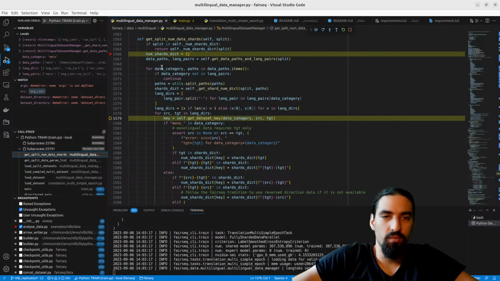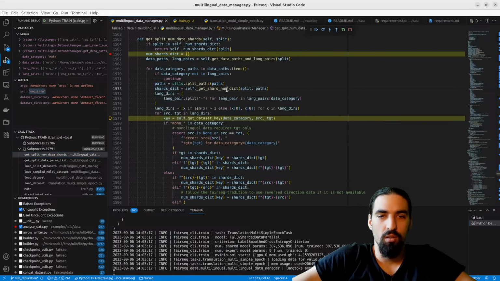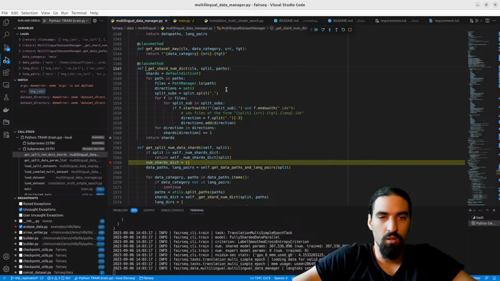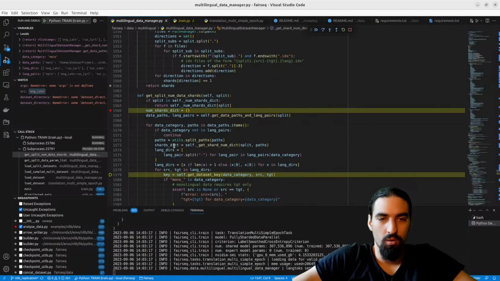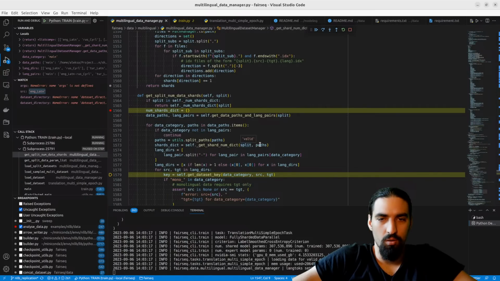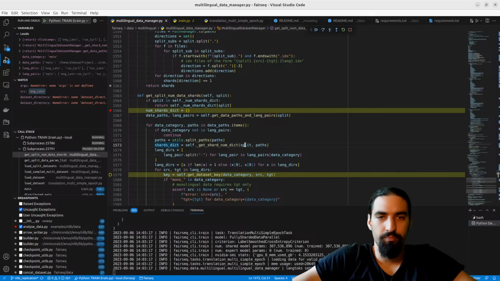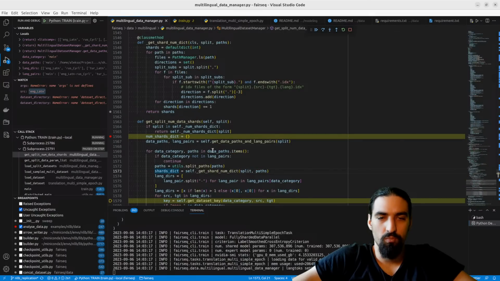And then data category main paths, all of the paths are there. We split the paths, we grab the shards dictionary. For the validation split in here, get shard number.